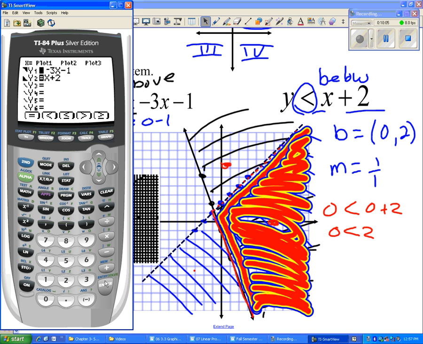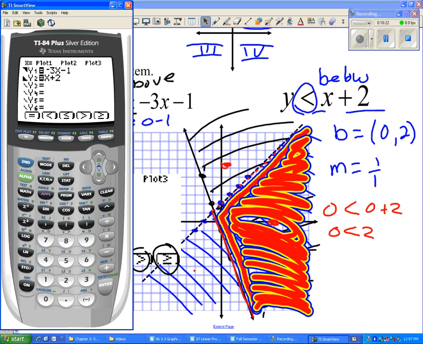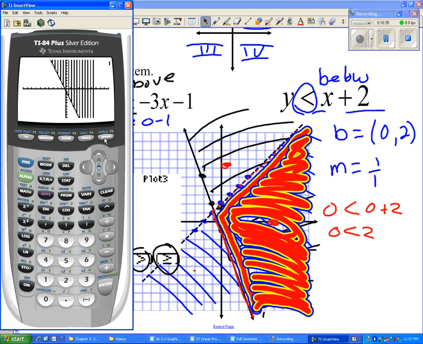And when I turn this on, look at the bottom here. I'm going to pull this to the side so you can see it. It lets you choose if you have equals, less than or equal to, greater than or equal to. So the calculator can actually do all of this for you. So if I bring up my calculator, my first one I want greater than or equal to, so I'm going to hit the graph button, which goes with greater than or equal to. And it gives me a solid line. I now need to go back to,